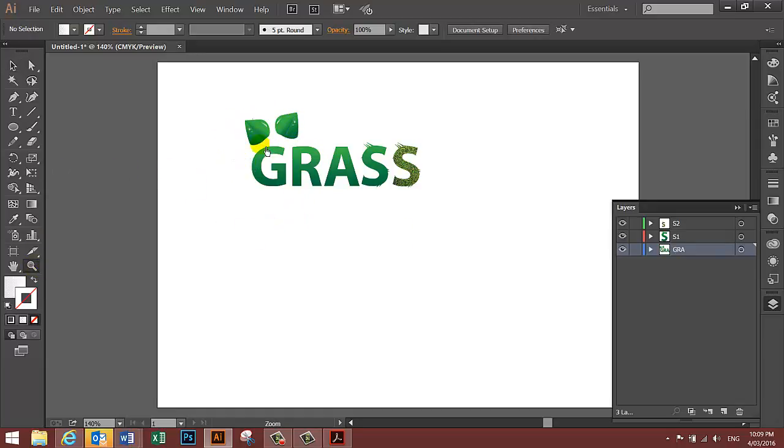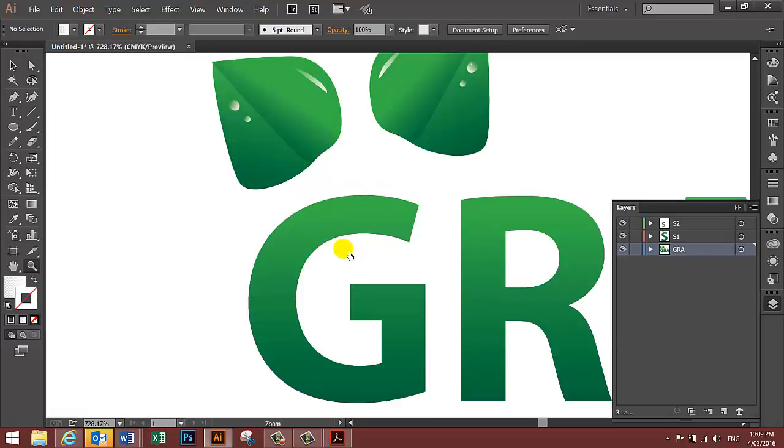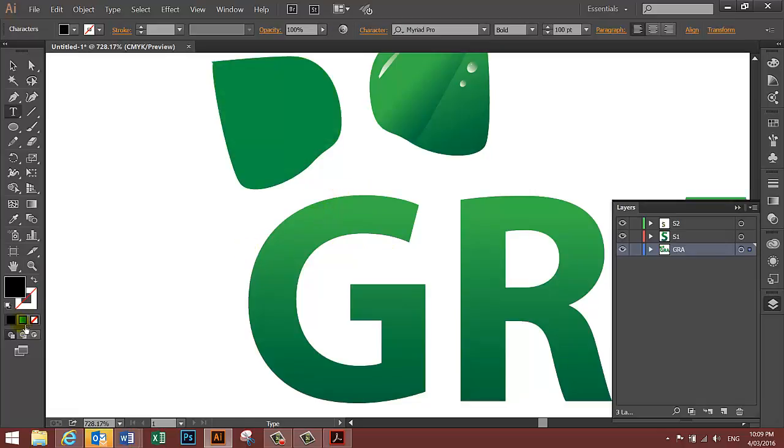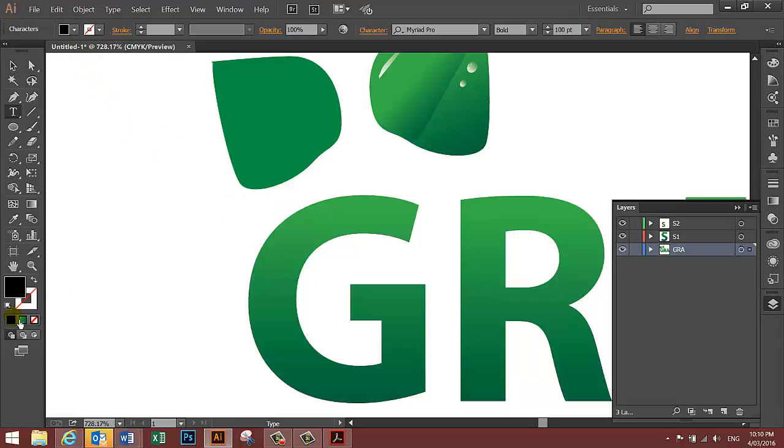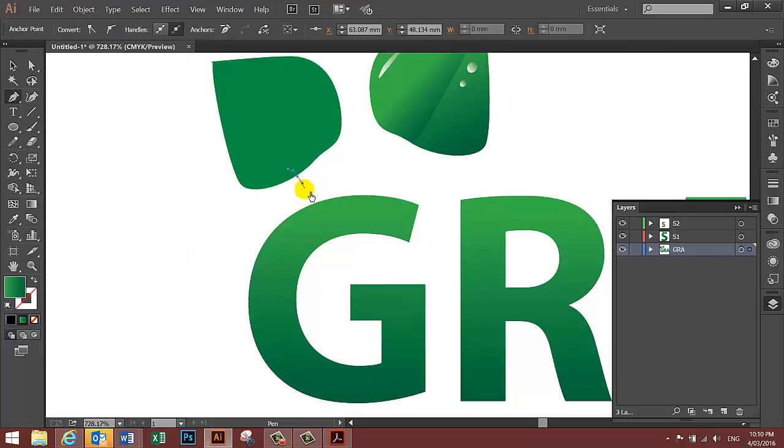I'm going to zoom in onto this region here. Now I want to add some stalks in to make the leaves look like they're growing out of the G. To get my gradient back to green in this bottom palette here, double click on one of the letters and you should see it'll go back to green here. Go to your pen tool, and now when you draw you should get a fill automatically in your stalk that you're going to draw. So with my pen I'm going to draw a stalk that goes from the G